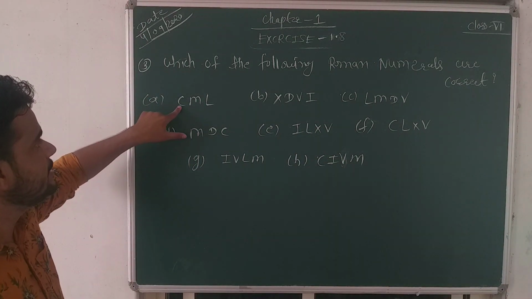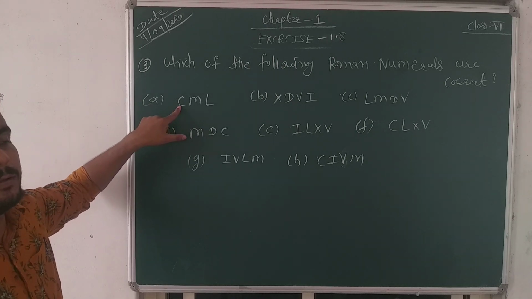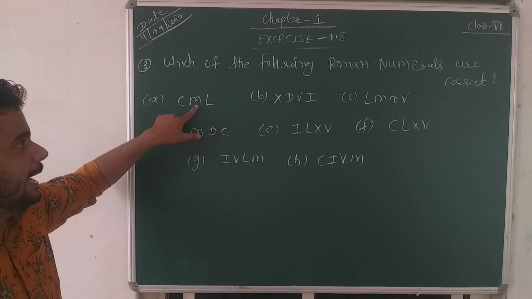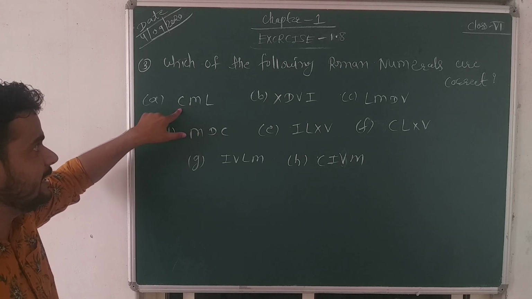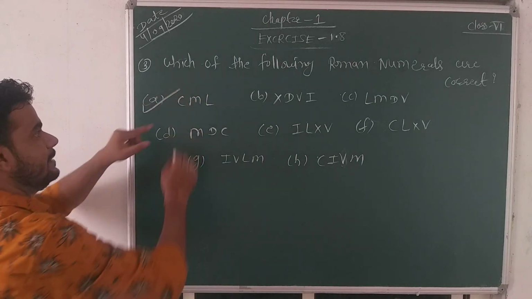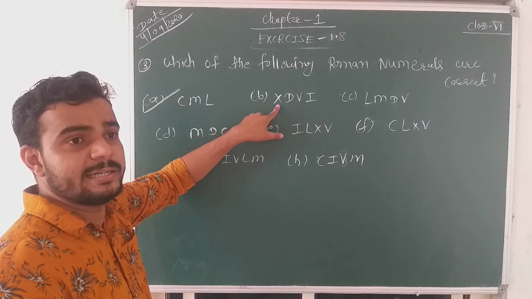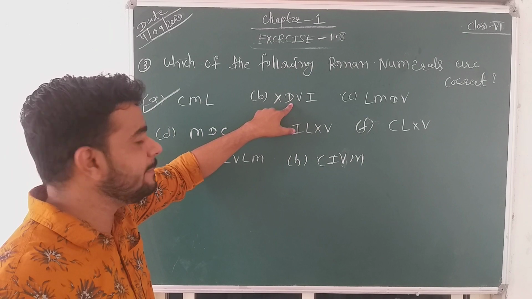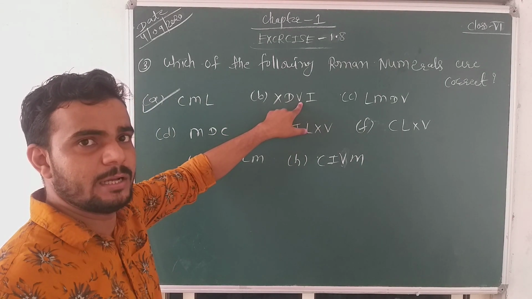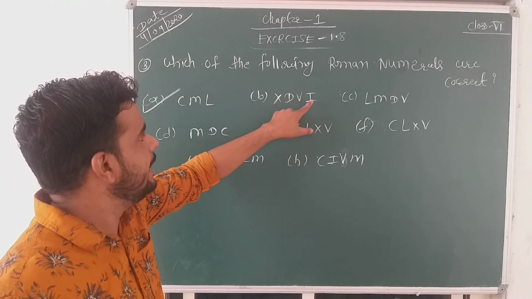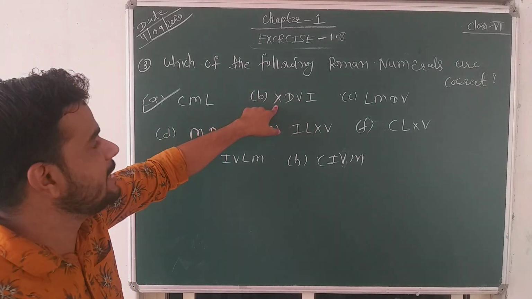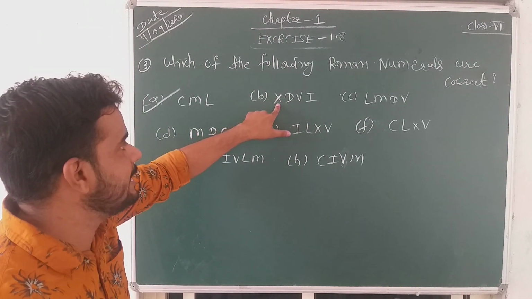The first: C means 100. M means 1000. It means 1000 minus 100, so 900 is possible. Afterwards L means 50. So this is a Roman number. This is true. X means 10, D means 500, V means 5 and I. So is this possible or not? Directly 500 came and here directly X came. 500 minus 10: here a 100 term should have been there.